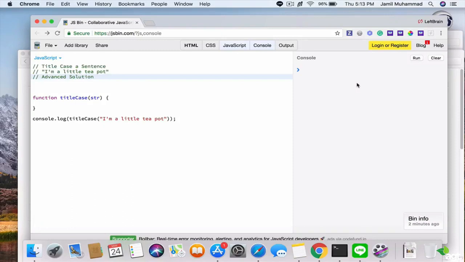Alright, so for the advanced solution, within our function here, I want you to type the return keyword string.toLowerCase().replace, open parentheses, forward slash, open parentheses, the up, this is the power key, and then backslash S, and then backslash again, capital S, forward slash G,